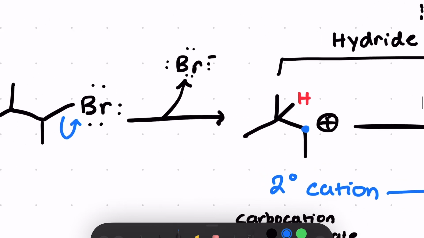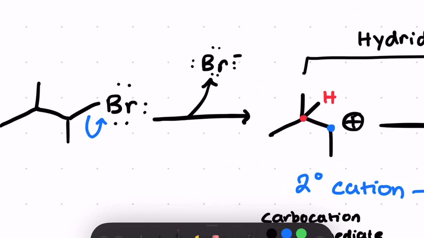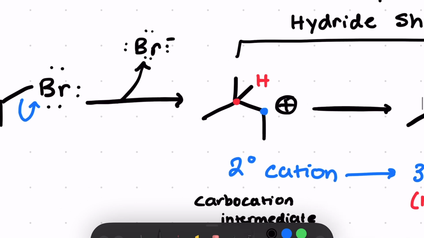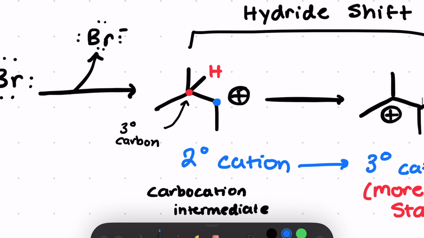However, I have this carbon that is adjacent to it, and this carbon has this hydrogen on it. Now you'll recognize that this carbon right here, I'm going to label this, is a tertiary carbon. This carbon has 1, 2, 3 R groups attached to it. So what can happen in this type of scenario? If I have an adjacent carbon that is more stable than the carbon that I'm working with, for example, this one is a tertiary carbon, and this carbon that I have here is secondary,